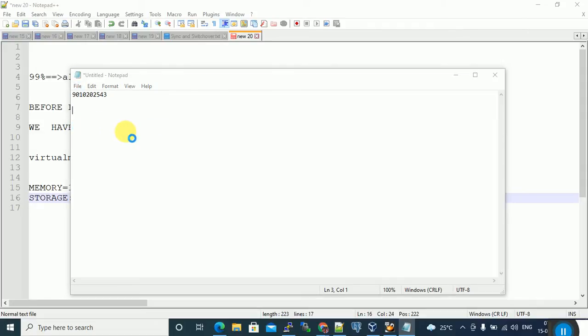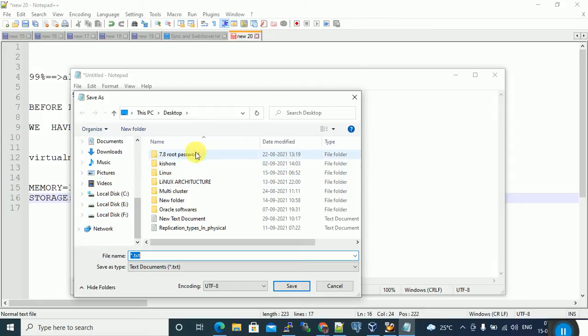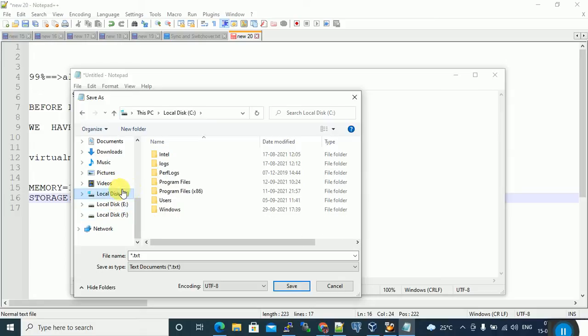You can see I clicked on save. Where do you want to save, either desktop or any drive? You have to choose the desktop or E drive, F drive, C drive, anything. That is storage, hard disk. If you save anything on the hard disk, the data is saved permanently.